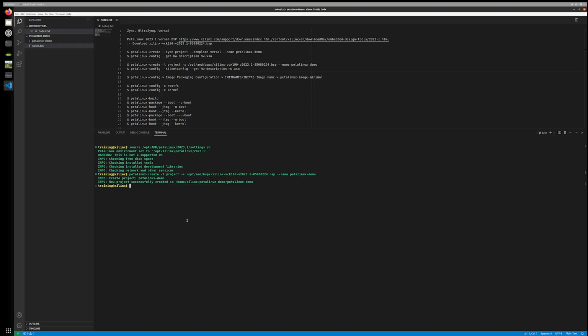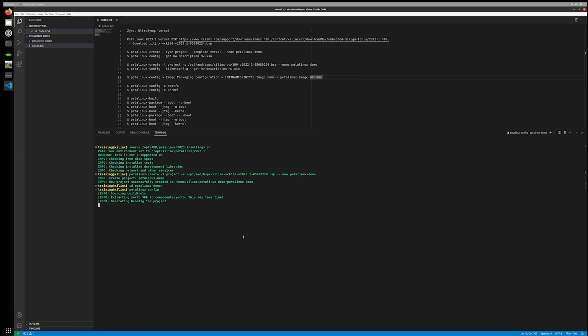Once Petalinux is finished setting up, we're going to change the boot image type. We are going to be using SD card boot in order to boot the final system on the VCK190. And in order to do so, we want to change the package type to be petalinux-image-minimal. This changes how the SD card is created. So we're going to type in petalinux-config. Well, first we're going to go into the created Petalinux demo repository, run petalinux-config, and then once this opens in the terminal window,